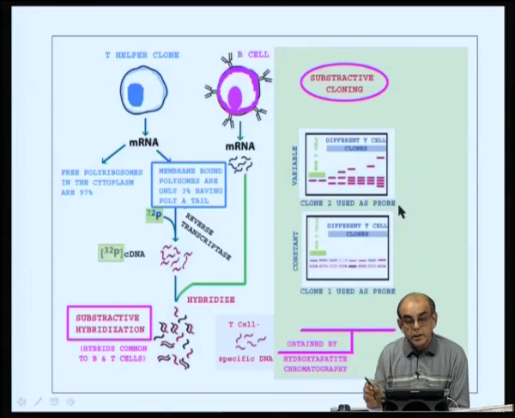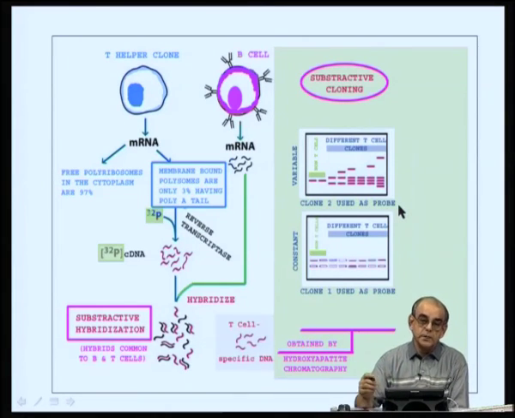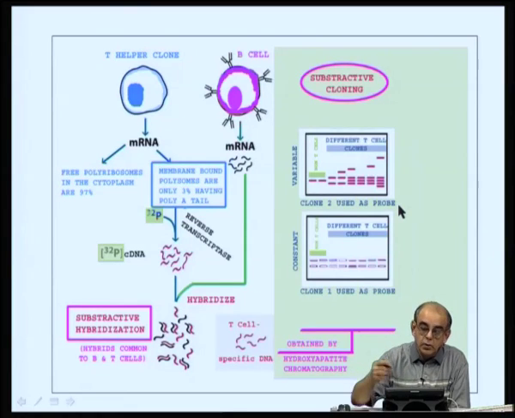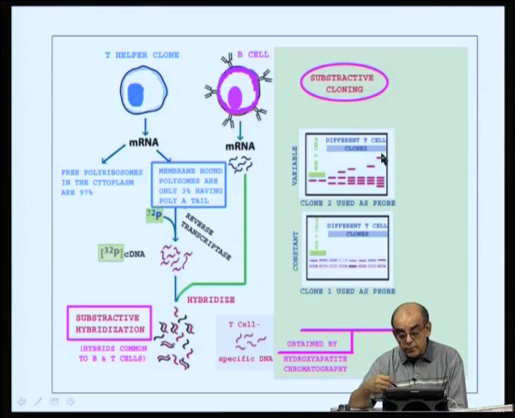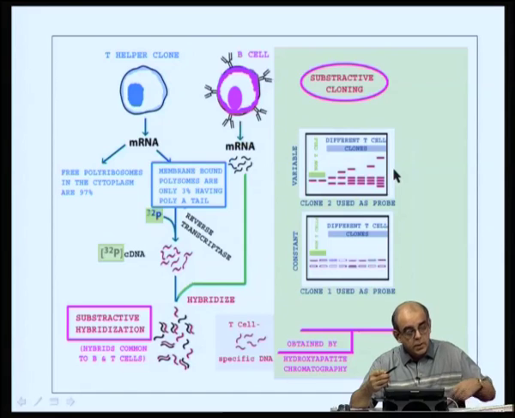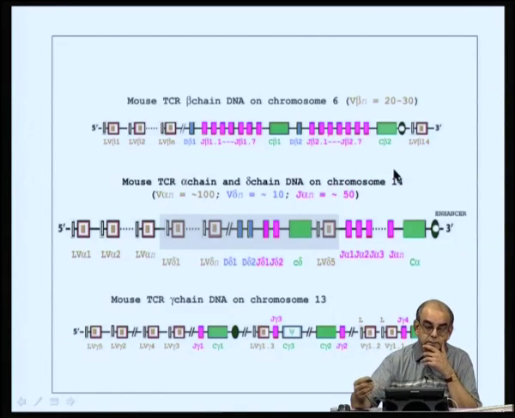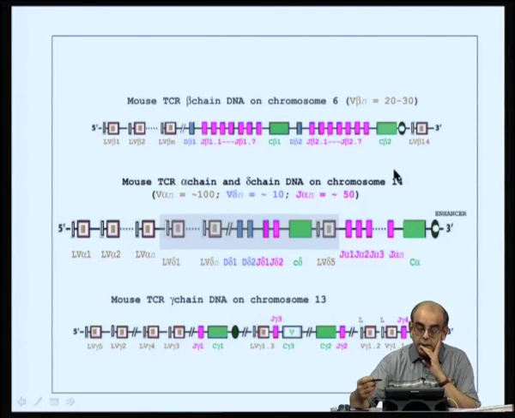detected by using a different clone as a probe that was detecting the variable region which was different from clone to clone, and therefore, the size being different when electrophoresed, as opposed to the constant region which would not change in size. So, they had a probe that would detect the constant region, and they had probes that would detect the variable regions. So, putting all this story together, if you look at the mouse T cell receptor DNA, we will come